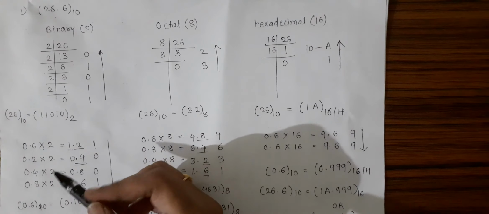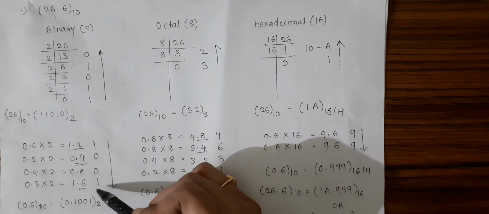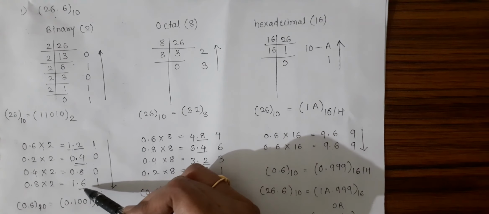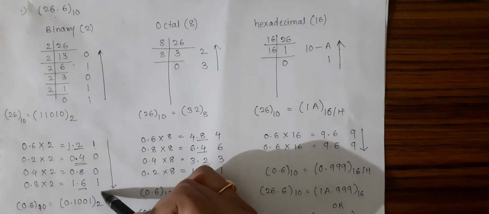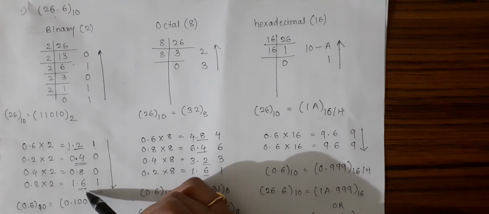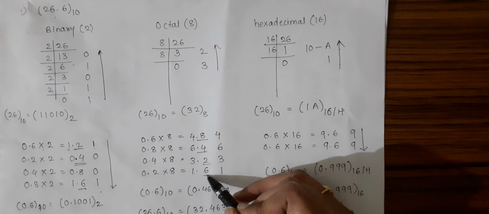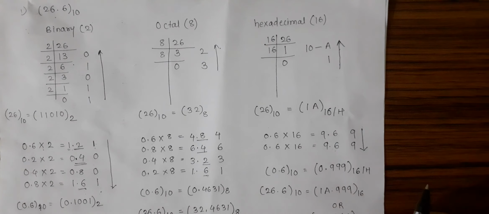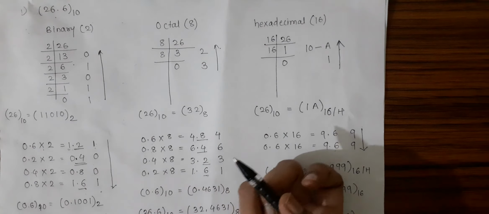The reason is that when we converted 0.6 into other numbering systems, we performed multiplication a certain number of times. Probably till this step we found the fraction which causes the repetition of the sequence. Here we found 0.6, which may cause the repetition of 1001. We stop the multiplication. Similar to this, when we found 0.6, we stop the multiplication. Here also when we found the repetition, we stop this multiplication. So this resulted in losing the precision on converting it back to decimal.